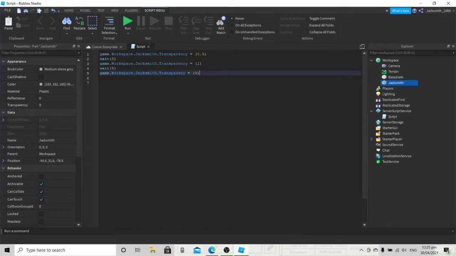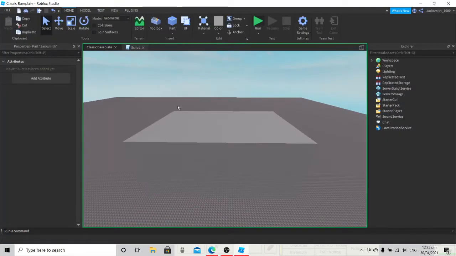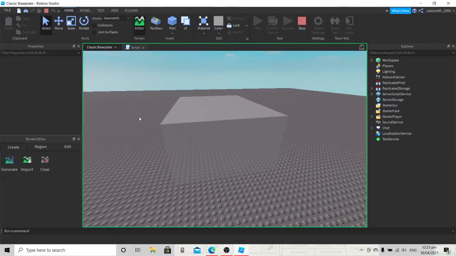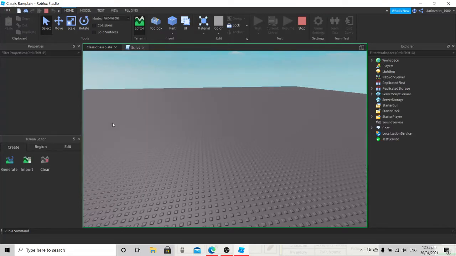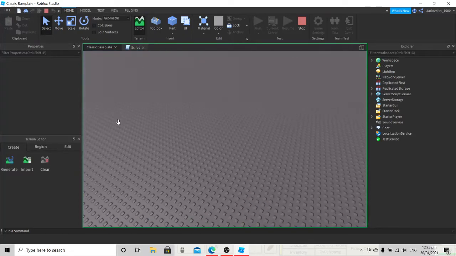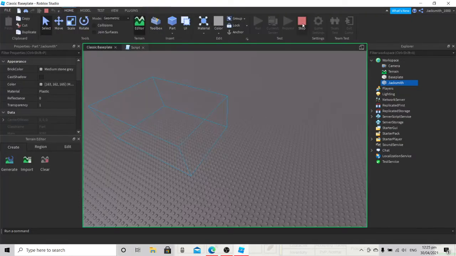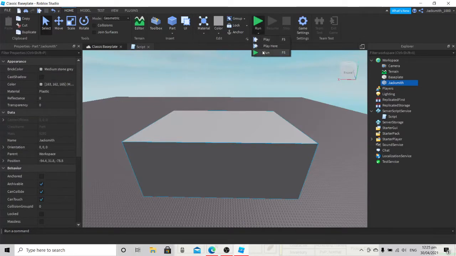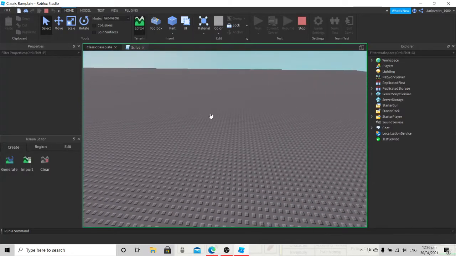And now I'll show you, after I run this, how to put this in a loop, so this will happen forever, for as long as you want. So now I'll just go run. Wait, there it's gone invisible. Oh, I forgot to fix that. Sorry. Here we go. It will work now. See, it's gone half transparent, fully transparent,